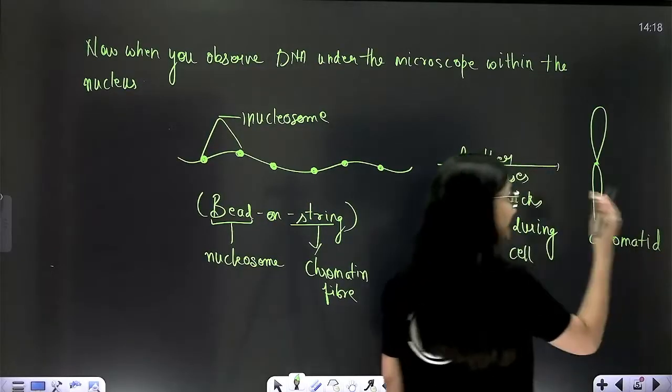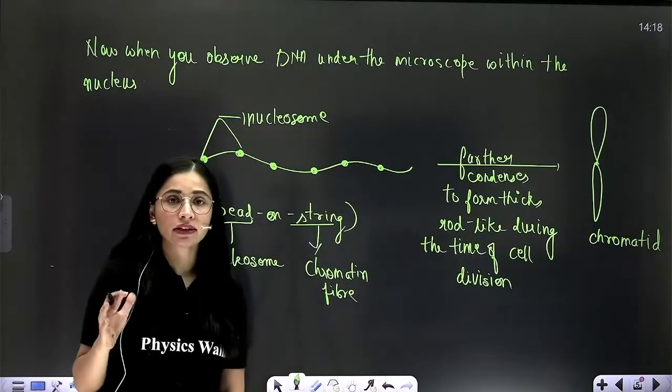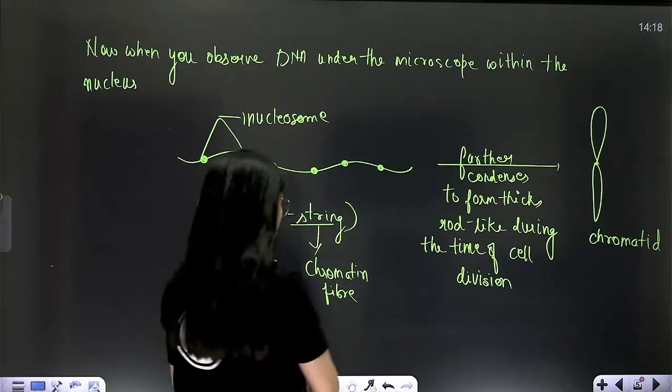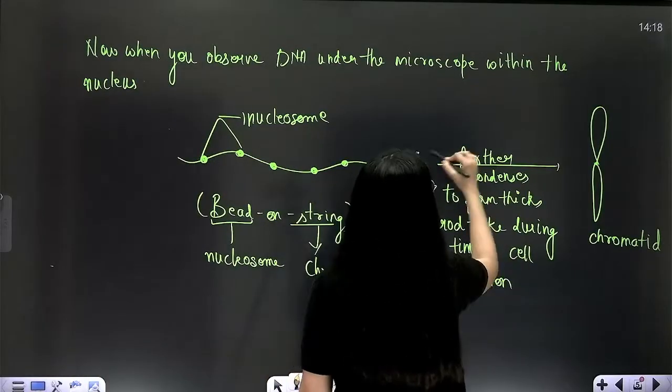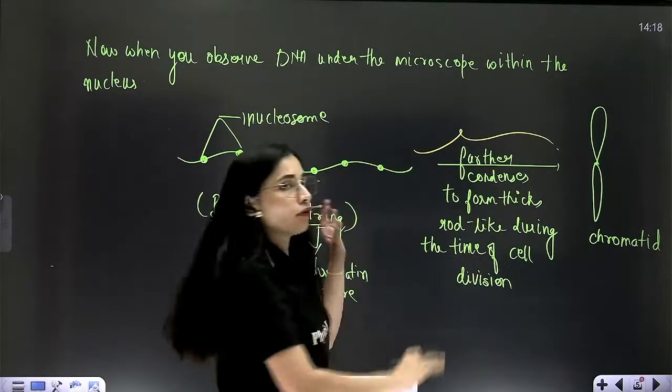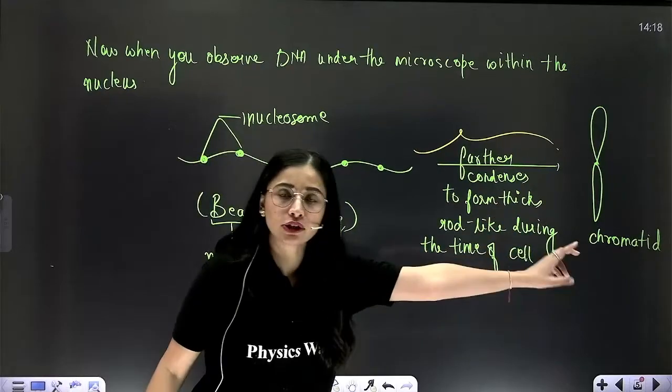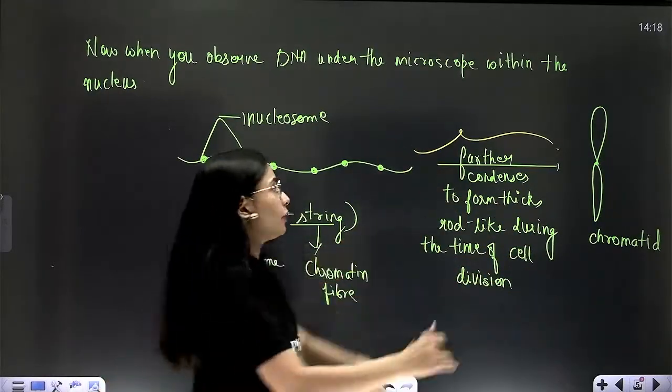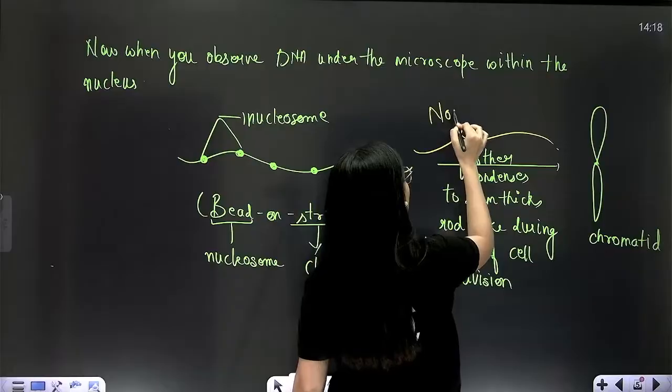Right? Basic level of packaging is done with the help of histone protein, but this is a higher level of packaging. This conversion of bead on string to chromatid or chromosome is a higher level of packaging, which is done with the help of